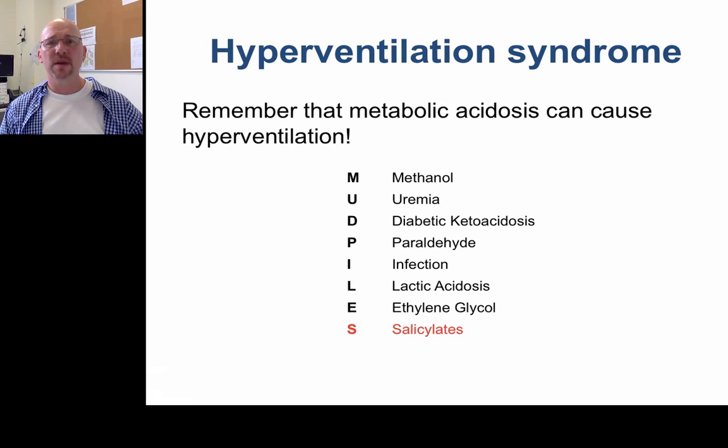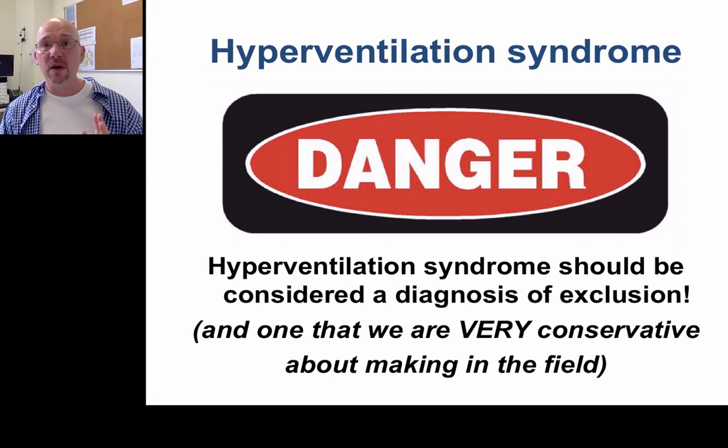Metabolic acidosis is one of the things. You might have learned the acronym MUDPALS. It's one of the things that causes a metabolic acidosis. So that's what this patient is stuck in. And no amount of paper bag rebreathing is going to bring them back to a normal state where they're breathing normally. In fact, it's going to cause an awful lot of harm, which leads us to the take-home message of